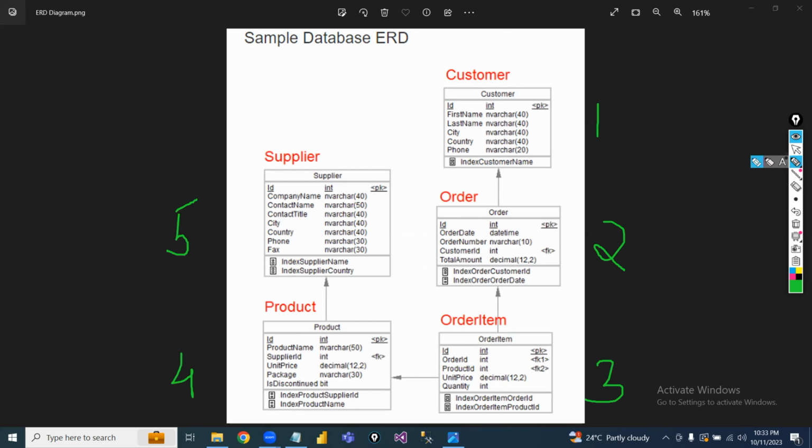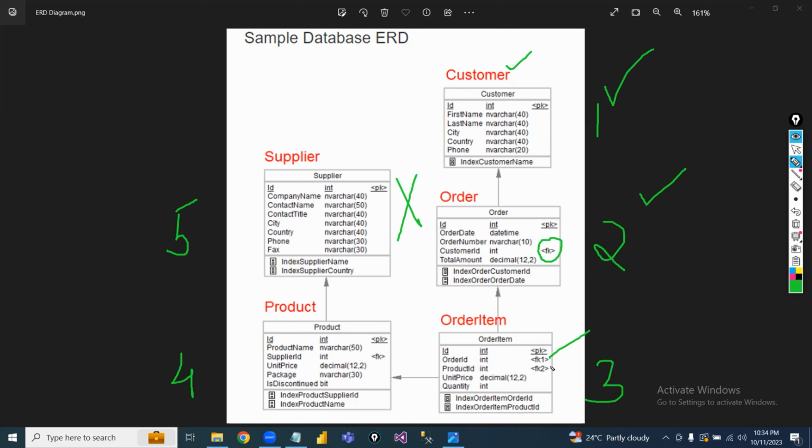So guys, how did you get this sequence? What logic did you apply here to find that sequence? Because this sequence is wrong. I will tell you the reason behind it. First of all, you are going to create the customer table. That is very correct. Then you will create the order second. So order has a foreign key and you have already created the customer table, so you can refer to it here, right? Now, if you go to order item, there are two foreign keys,